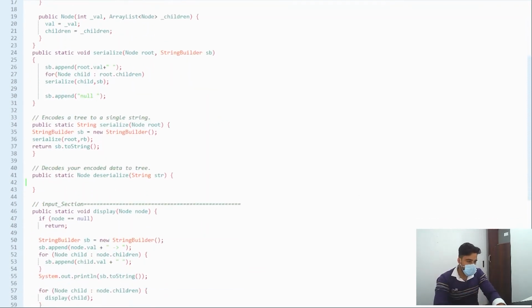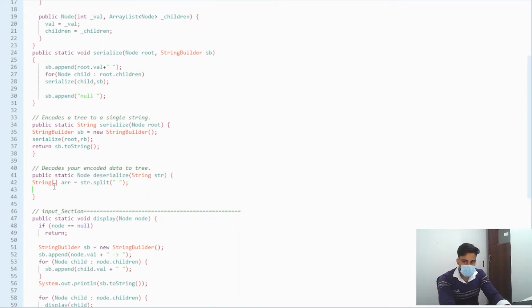Let's write the code of deserialize. Okay, so what we need to write in the deserialize method, what was our concept? At first we need to convert this string into a string array, equals to str.split. Similarly return deserialize array.